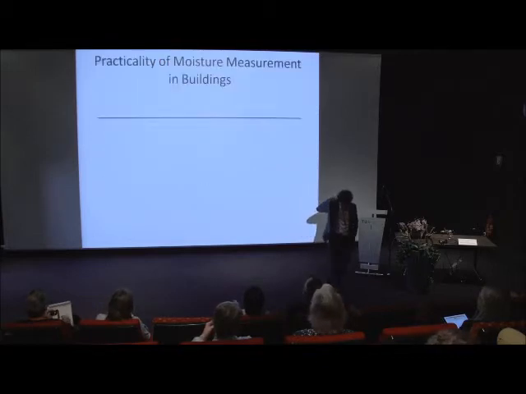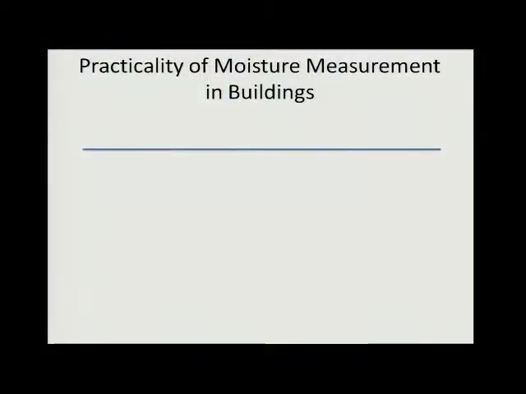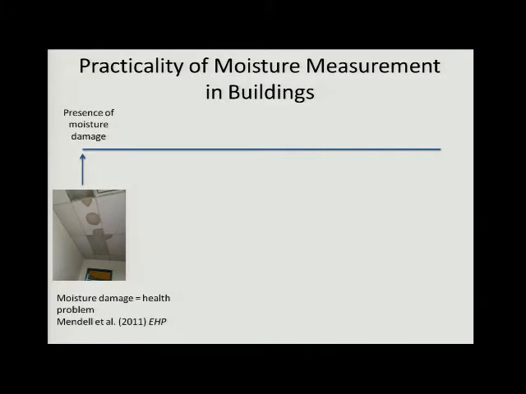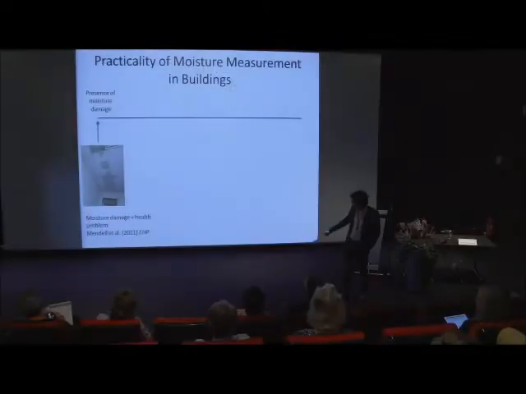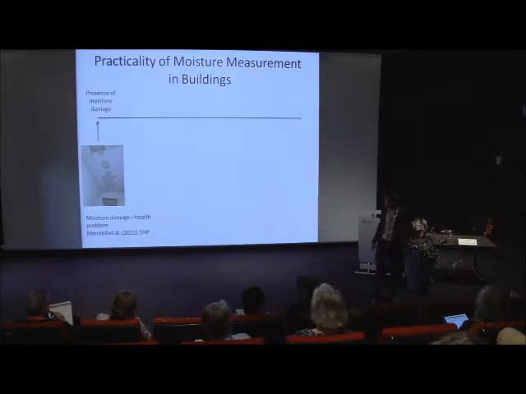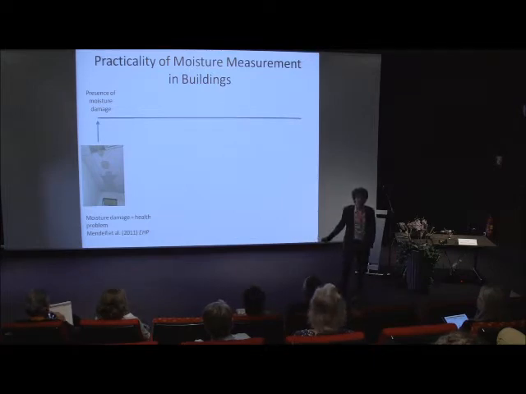And when I think about water, I think about some of the practicality of how we measure moisture in buildings. If we start with the very practical, you can just look for evidence of staining in many materials. This is, in fact, a picture of the ceiling of my office. There is an environmental lab above my office, and every few months or so, something happens, probably with wastewater in that lab, and this is what my ceiling looks like. I send the building manager the Mark Mendell article that says that moisture damage is associated with health problems, and my ceiling tiles get replaced, and it happens again. But that's a very practical way. If there's water, we know there's a problem.